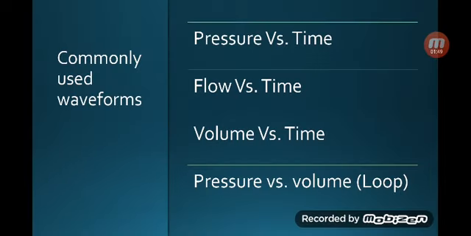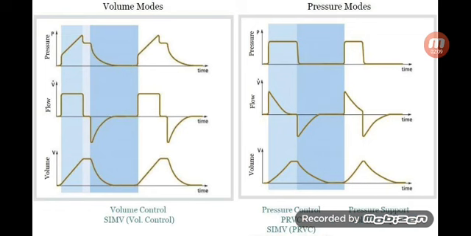So let's talk about the most commonly used waveforms. We've got the pressure versus time, the flow versus time, and volume versus time, and these are all dynamic curves that keep going against time. And then there's the pressure versus volume, which is basically a loop rather than a curve. So we're going to start with the most common